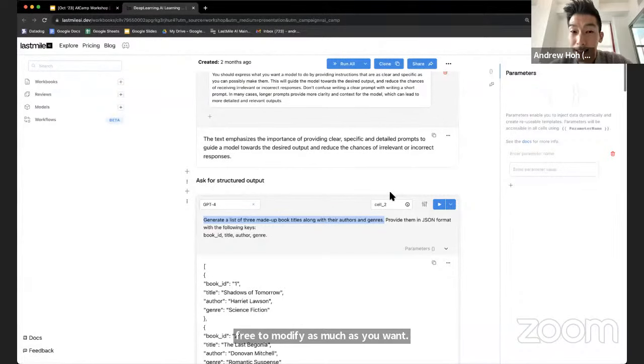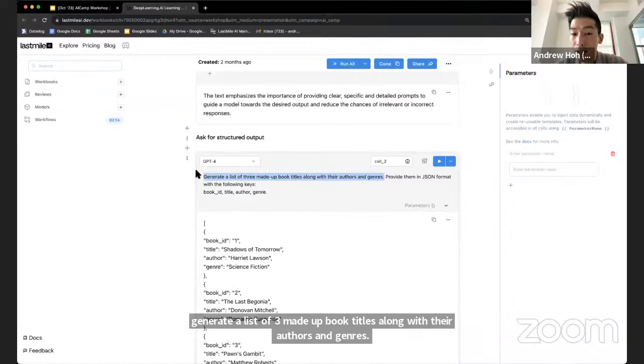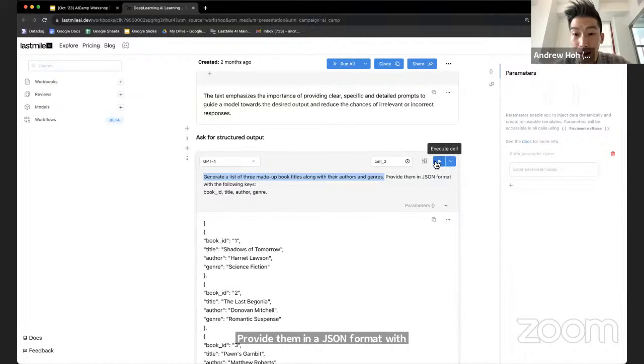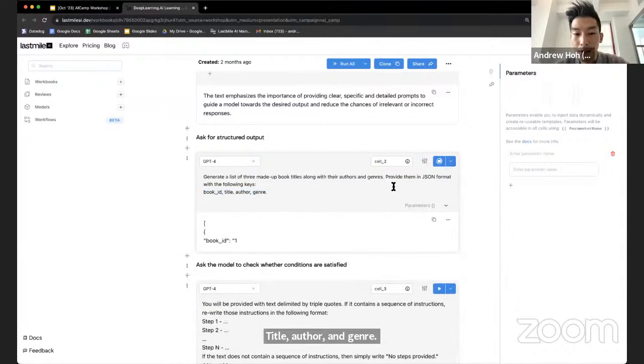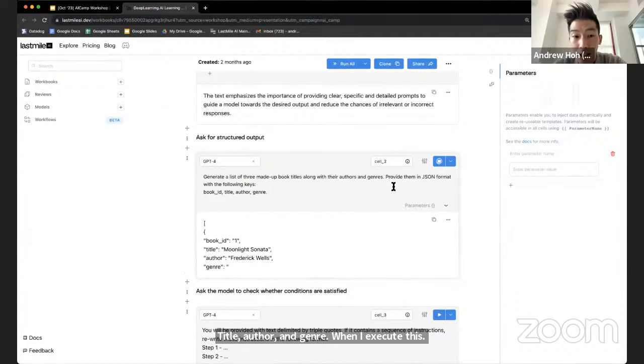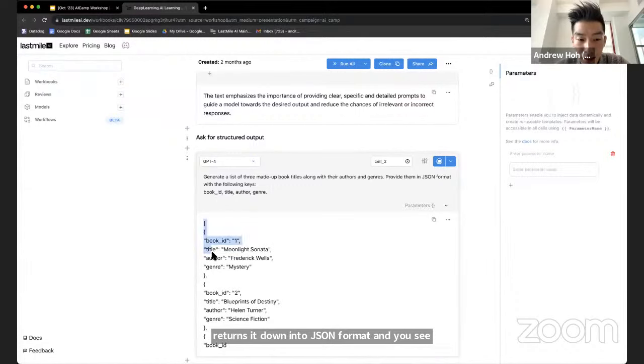So next is for asking for structured output. For this structured output, the instruction I provided is: generate a list of 3 made-up book titles along with their authors and genres. Provide them in a JSON format with the following keys. There are 2 things that have happened here: I'm asking it to return a JSON object, and I'm asking for it to have a certain structure, which is book ID, title, author, and genre. When I execute this, it returns it in JSON format, and I see that it has book ID, title,